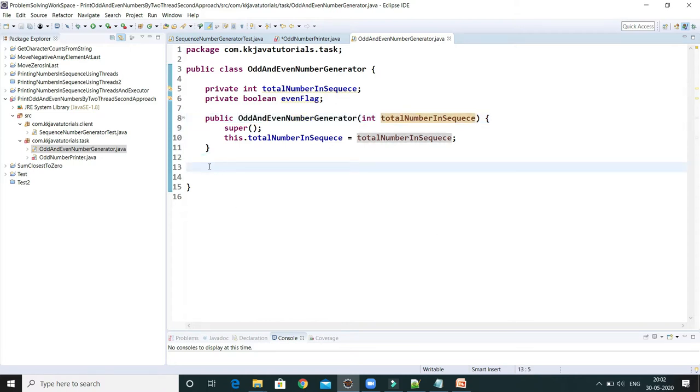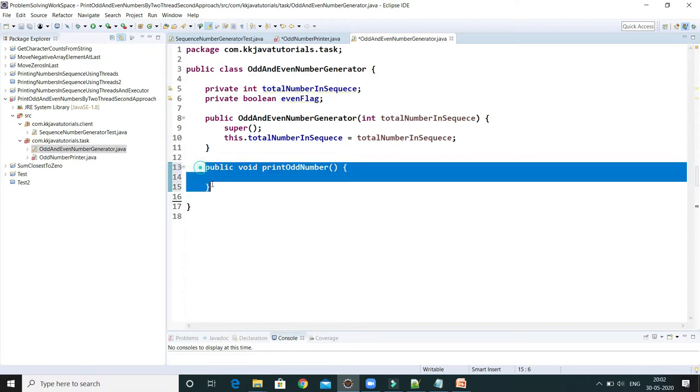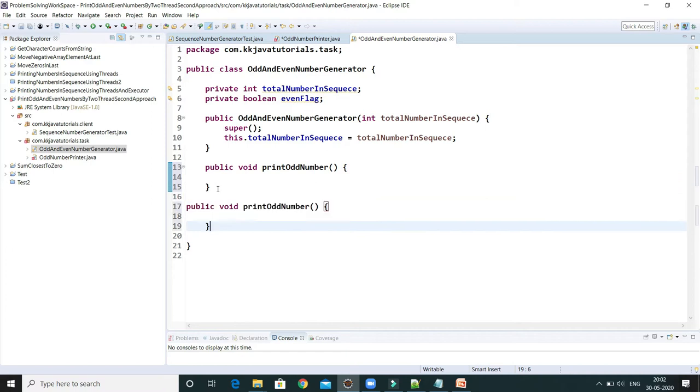Here we have two methods: public void print odd number, and another method, print even number. This one is responsible for printing the odd numbers and this one the even.